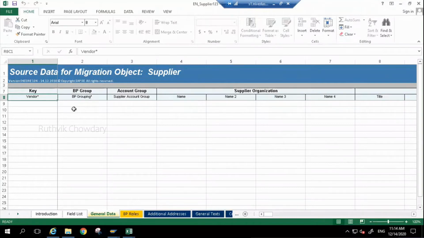Once the template is downloaded, the first thing to be done is in row 8. What you are seeing, vendor star, is not the only information available.